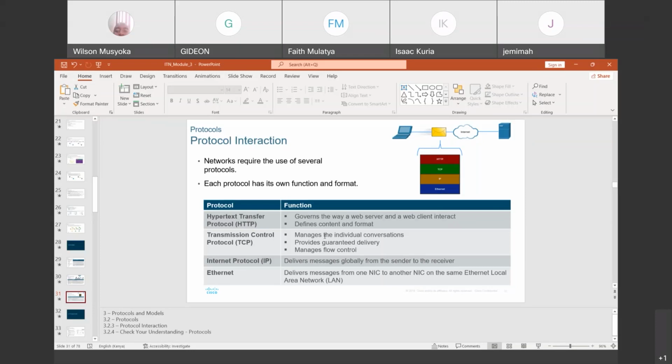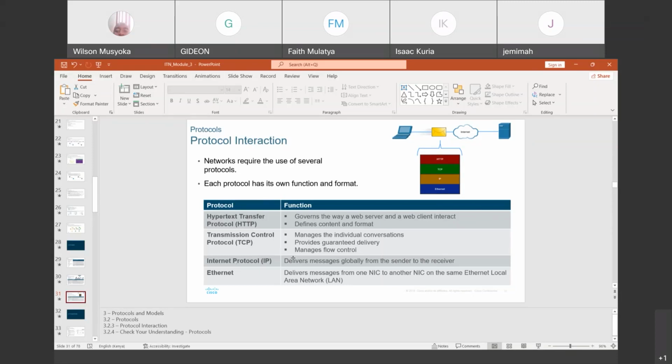Like right now, anybody can be able to hear me, and there is also a flow control because different devices might be transmitting or receiving at different data rates. Then flow control is managed by the TCP protocol on each of those devices. Because my device has the TCP, your device is going to have the TCP protocol, and it is going to perform those functions.